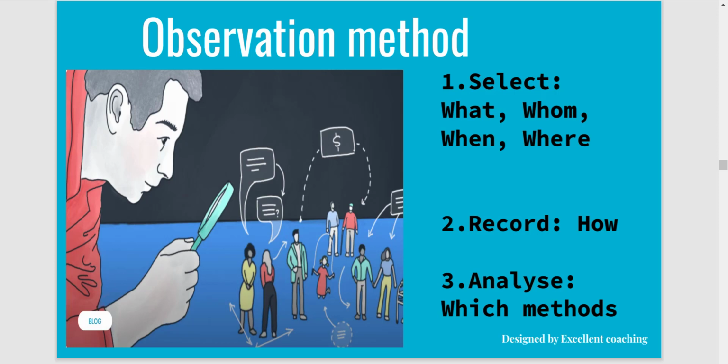We'll start today with the observation method, and this particular method is a very basic method which is used in many research methods. Whenever you are conducting research, it is one of the basic things that we have to use. Observation means watching a particular participant and recording the behavior. And what type of behavior you record, that is very selective.